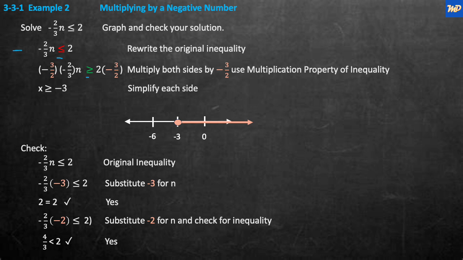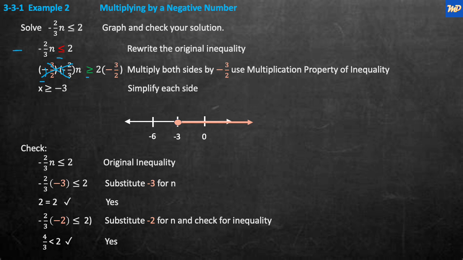I flipped it. So in order to undo the multiplication of the -2/3 times n, we have to multiply by the multiplicative inverse, as we like to say. So that is negative 3 halves. You just flip it over, right? Negative 3 halves times negative 2/3 times n is greater than or equal to 2 times negative 3 halves, because we multiply both sides by the negative 3 halves. And when we do that, the 3's cancel, the 2's cancel, and the negative signs cancel,